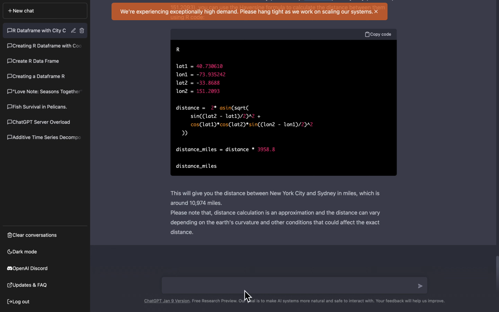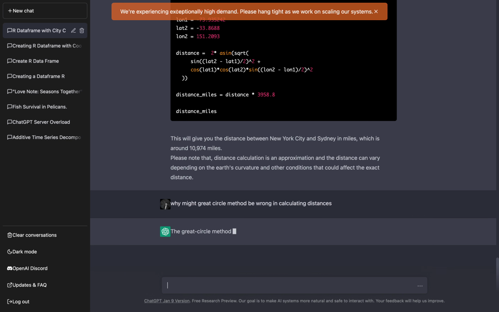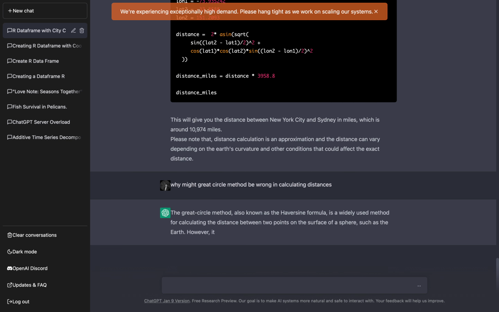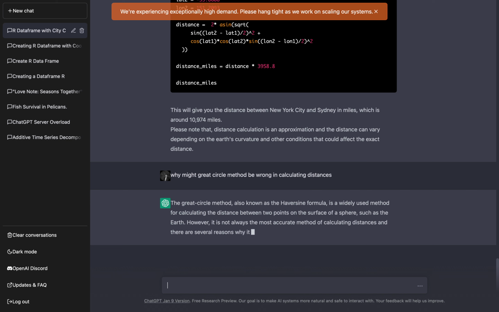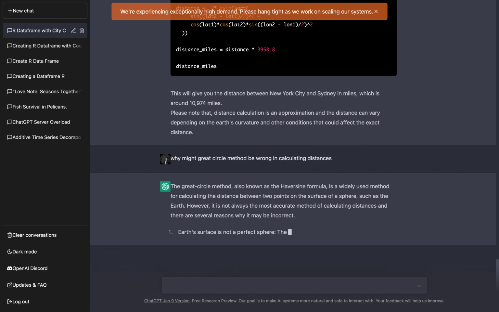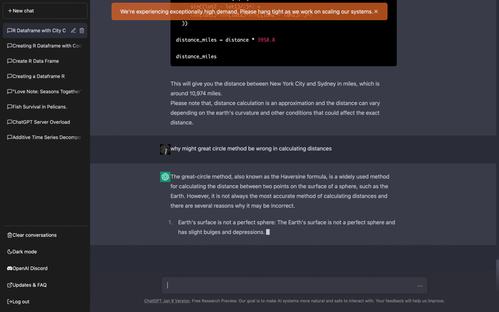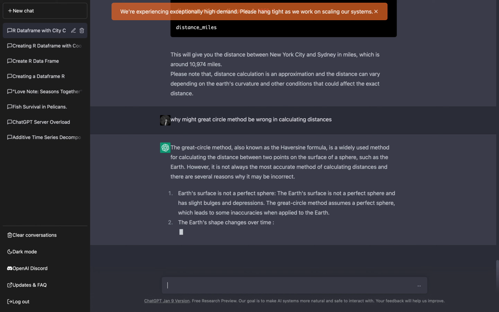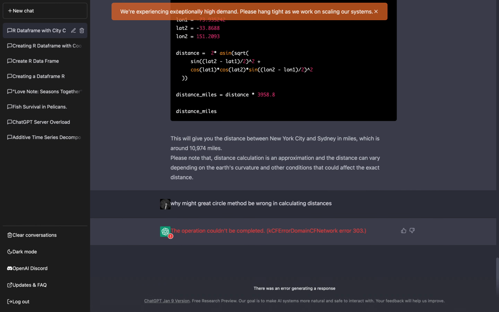It's still giving me these trig formulas. So why might the great circle method be wrong in calculating distances? Because I'm talking that out, like, hey, why is the formula 800 miles wrong? The great circle method, also known as the Haversine formula, is a widely used method. Earth's surface is not a perfect sphere. Okay, the great circle method assumes a perfect sphere. So yeah,